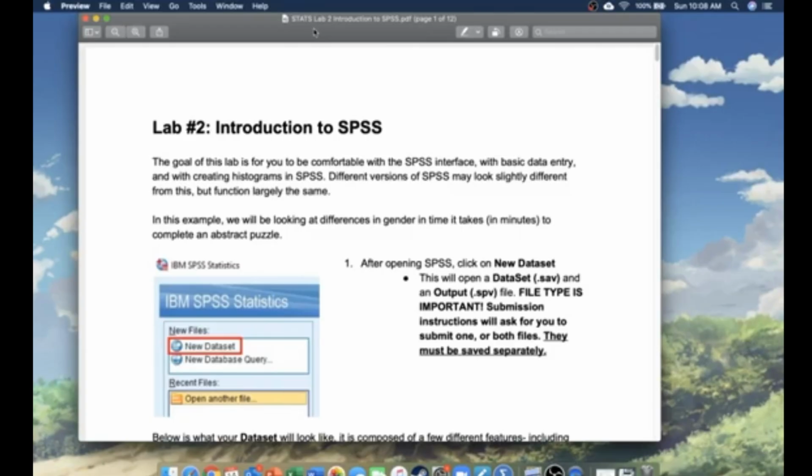So just a reminder, what is SPSS? We've talked about it a little bit up until this point. SPSS is a statistical software. It's built to manage data. So we're going to use it and introduce ourselves to it by doing what we've been doing in class, which is organizing and displaying data. We're going to be inputting data into SPSS and creating histograms using SPSS. So the goal of this lab is to be comfortable with the software, with basic data entry into it, and